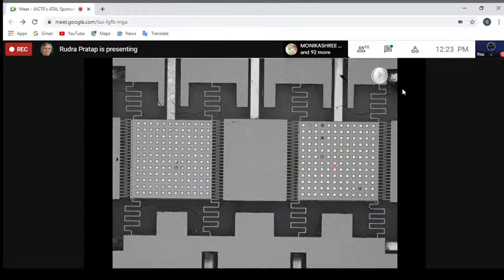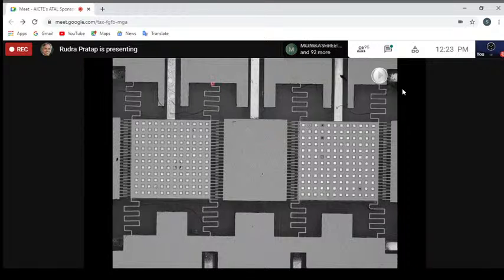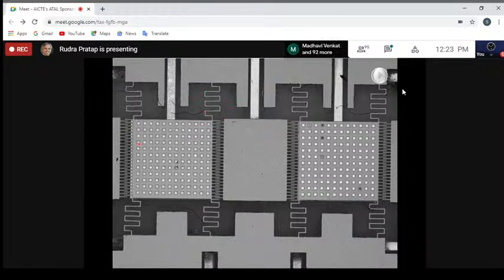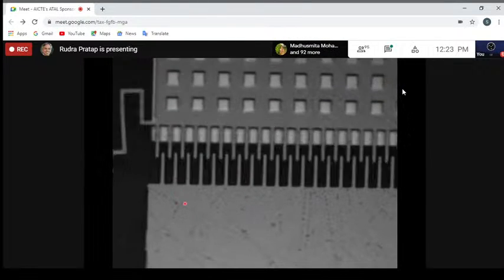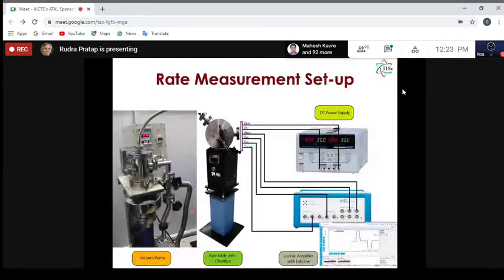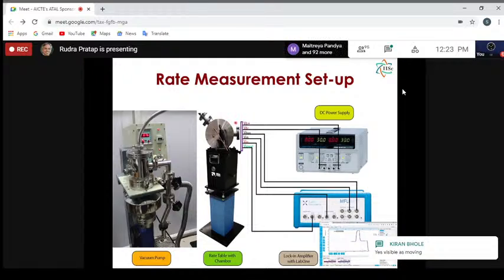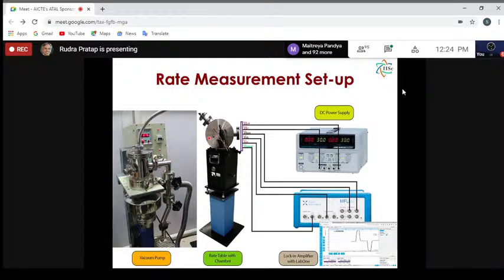But I'll show you that if we make those beams slightly more flexible, then you can see far more motion, and it's clearly visible here. Even better is here that you can see we are just by applying voltage between this part and this part, we are able to actuate it and move it, right? So these gyros, we can put it in a vacuum chamber, because they're not yet packaged. Otherwise, you can package them in a vacuum packaging,